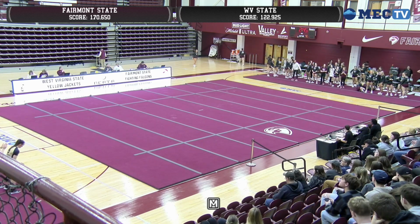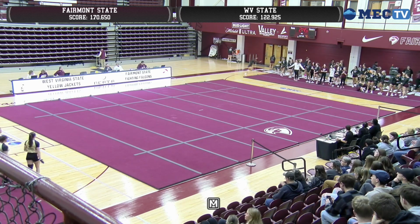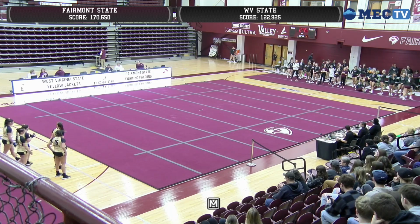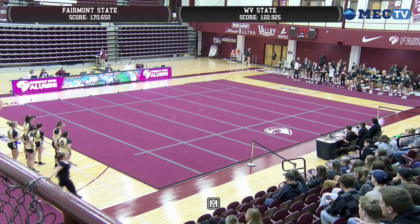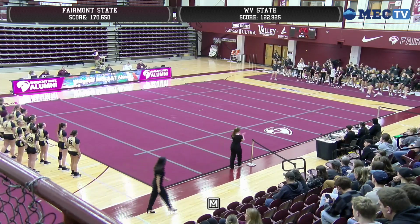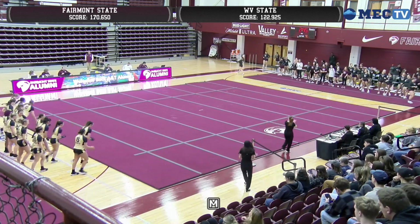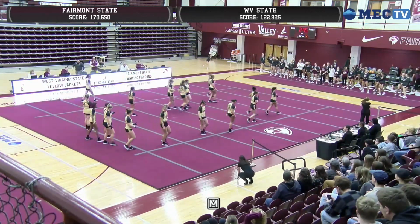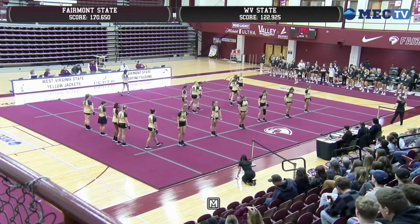So again, like I mentioned, for Katie in that open heat, she scored a 9.725, which I think might be a season high score. Yeah, and most of their tumbling scores actually beat last week. Improved from last week, which you want to see. As your season goes on, you want to keep getting higher scores. That is something so important, and it comes down to hoping that you can qualify for different things